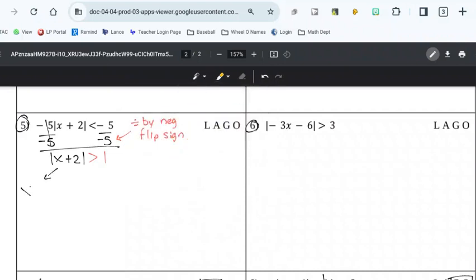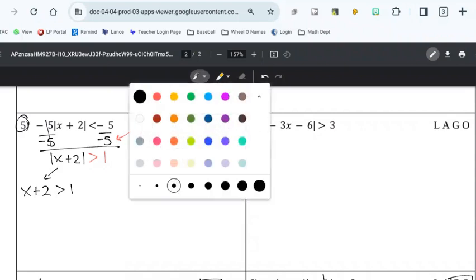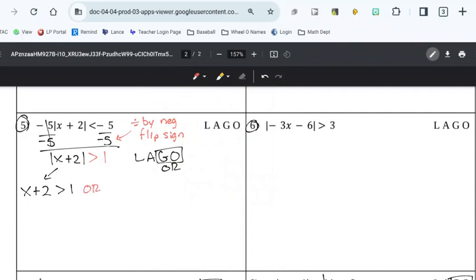We go ahead and we split. X plus 2 is greater than 1. And now we check logo. It is a greater than symbol, so it's going to be an OR problem. So OR,